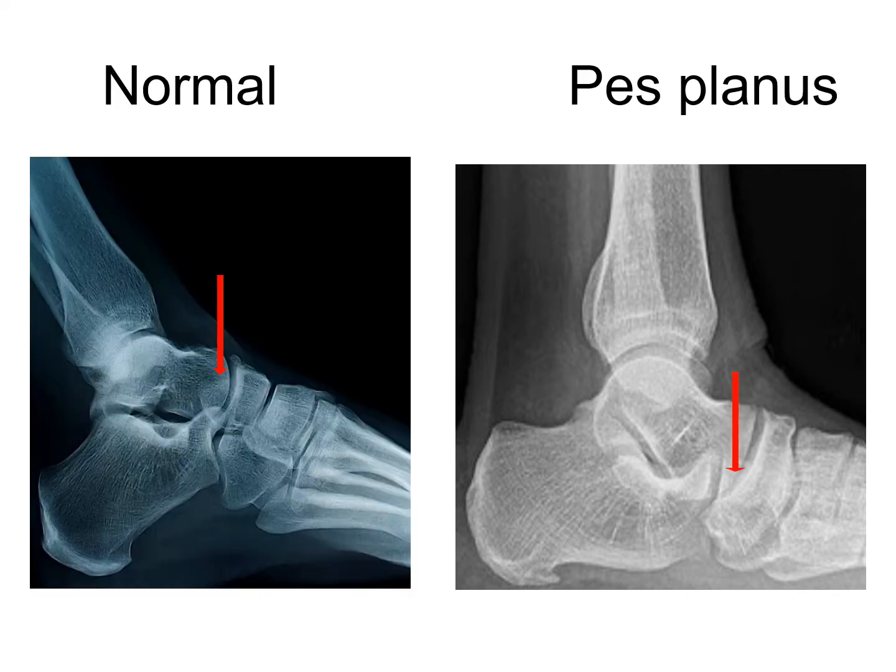This is the lateral X-ray of the foot, and this is a normal foot and this is a pes planus condition. So in this you can very clearly see that this is the head of talus and it is articulating with the navicular bone, and this is the calcaneum. Okay, and this is a pes planus condition in which you can see the head of talus is moved between calcaneum and the navicular bone.